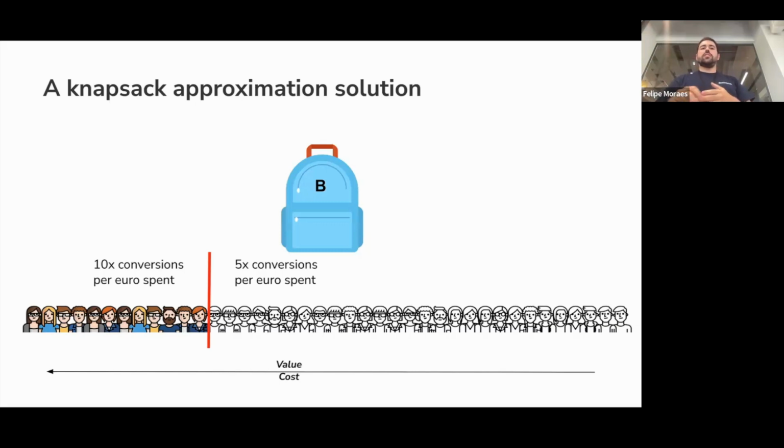You can think of this like, okay, now I have 1 month of data, 2 months, whatever you have. And you say, you want to target an amount of people that doesn't cost us more than €5 per conversion. So you stay above the red line, and you can use this as a solution.